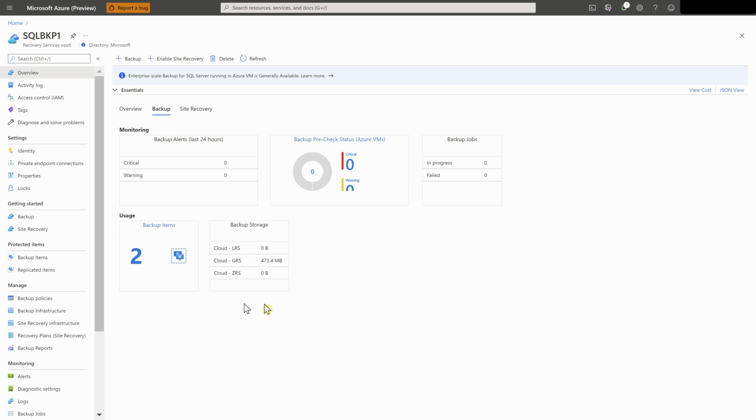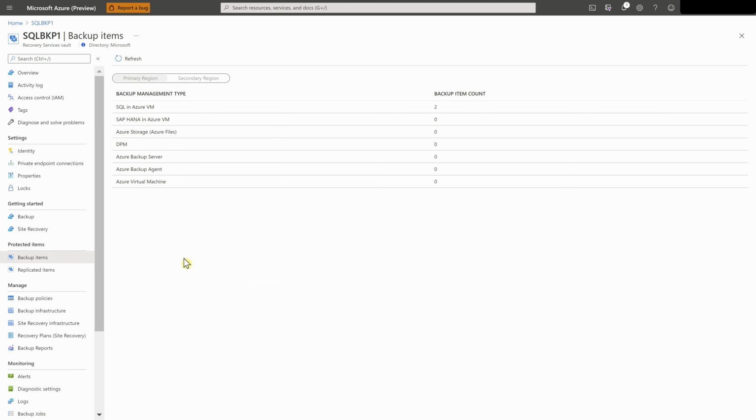It shows the backup storage that I'm using, different types: locally redundant storage, which is one data center, but it is still protected against equipment or hardware faults. The geo redundant storage protected by replication through two regions which are at least 300 miles apart to protect against natural disasters or calamities. Zone redundant storage, that is in availability zones in a single region, and then it is replicated to another region. So let's step in and see the backup items that are currently protected.